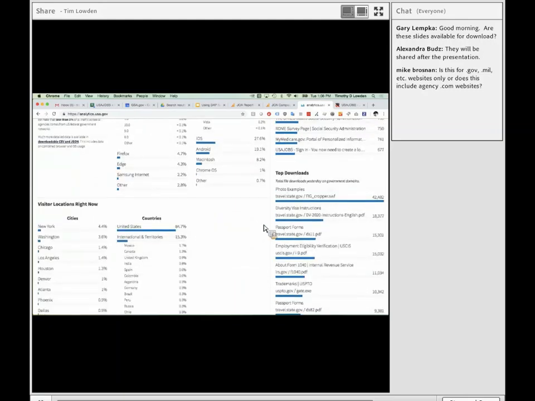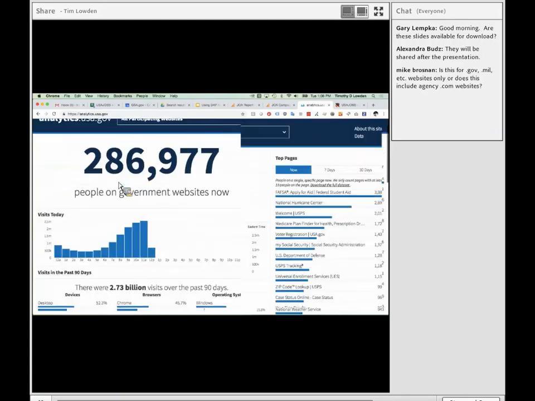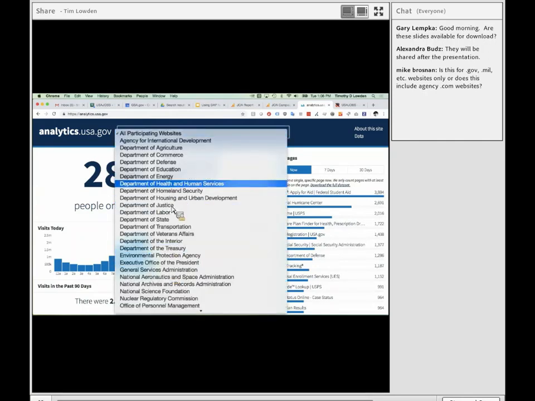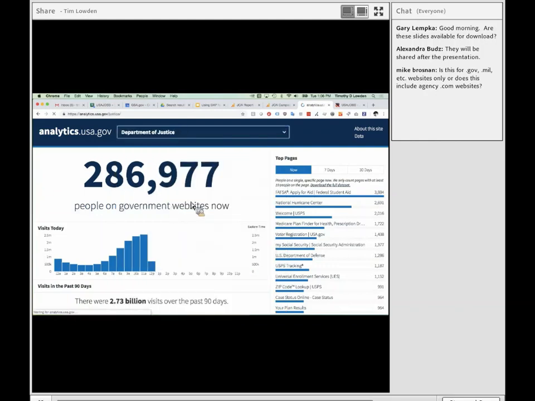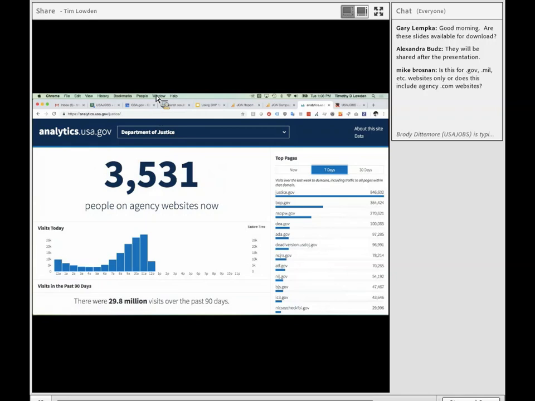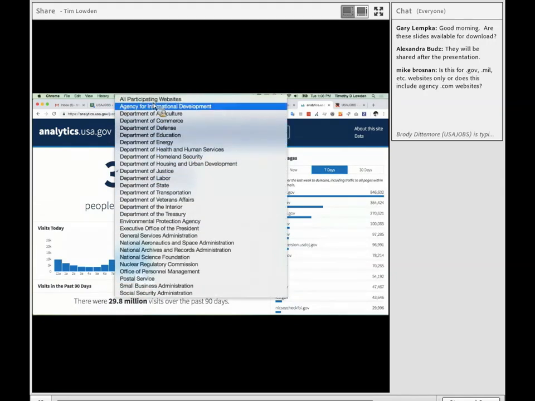And for those of you that maybe don't have interest in becoming a full DAP user with access to the Google Analytics account, you may be interested in finding your agency in the drop-down and taking a look at what the most popular pages and sites are in your agency. So that's just something that you can check out in your spare time. Okay, so